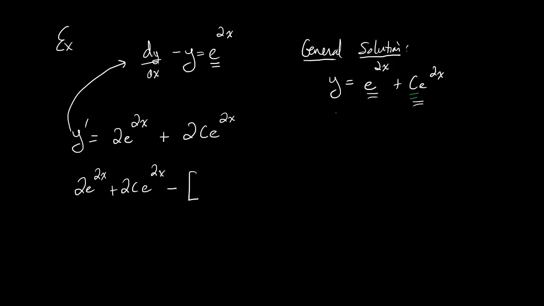Then we have to subtract our original value of y, because that's what the equation says to do. So we're going to have e to the 2x power plus c e to the 2x power. And this has to equal to,